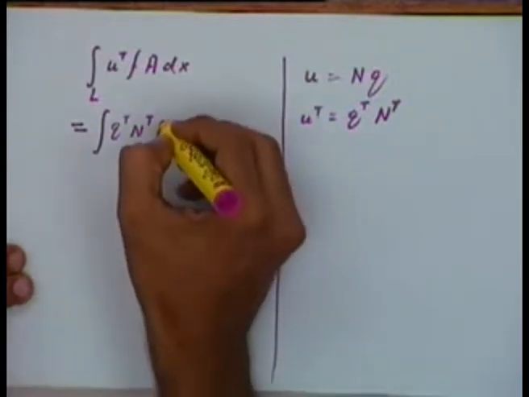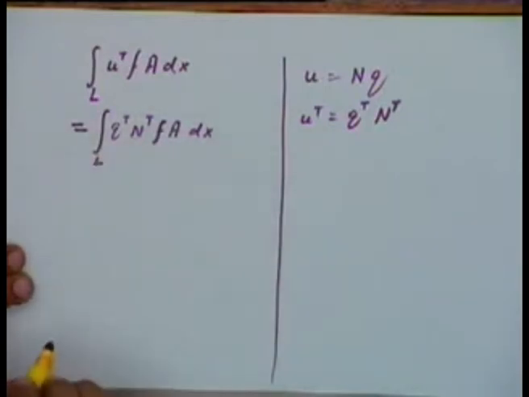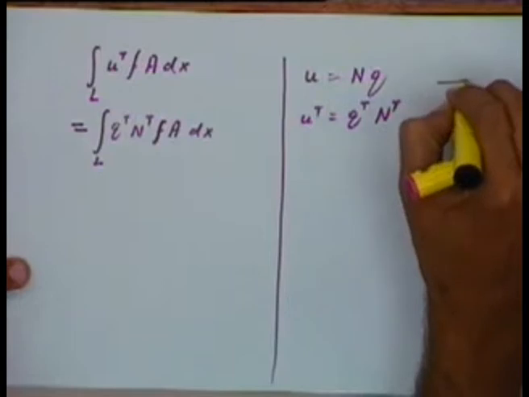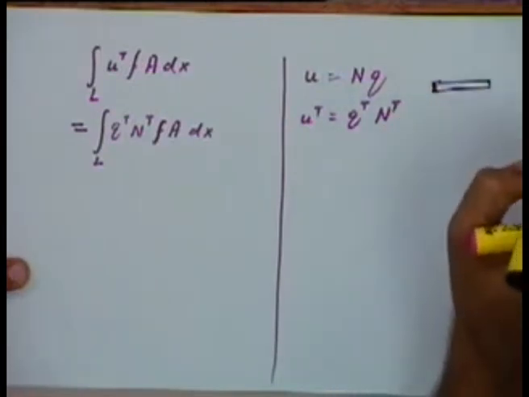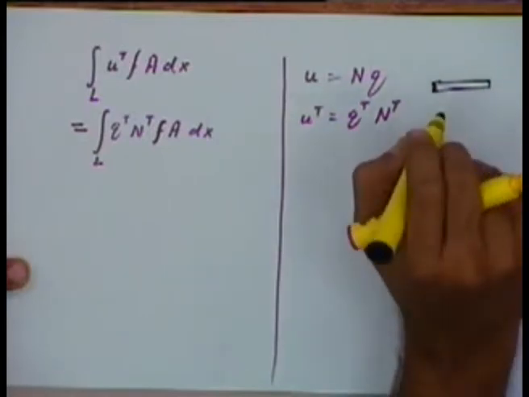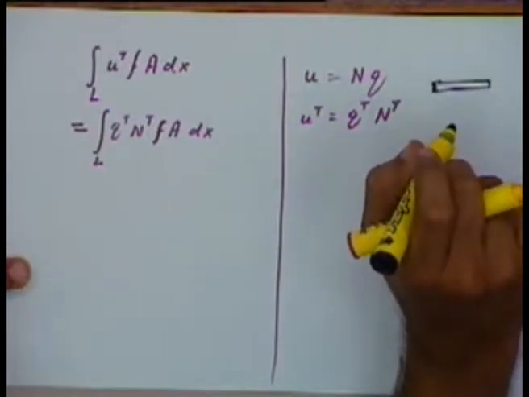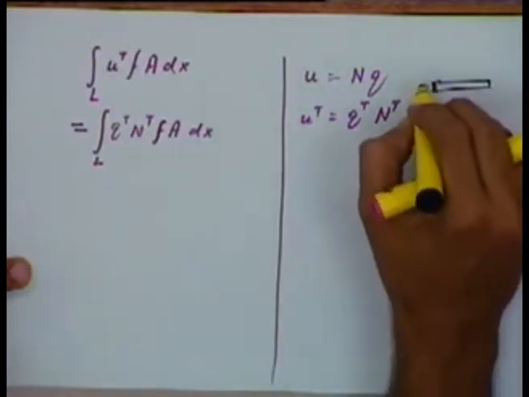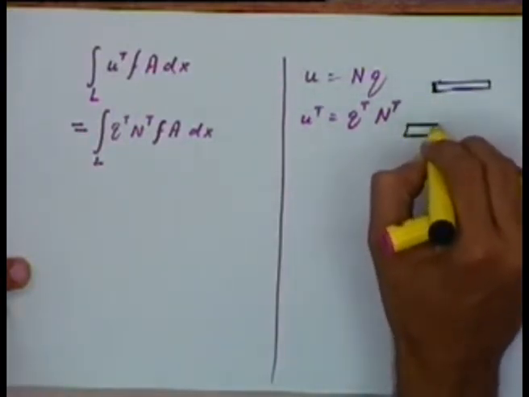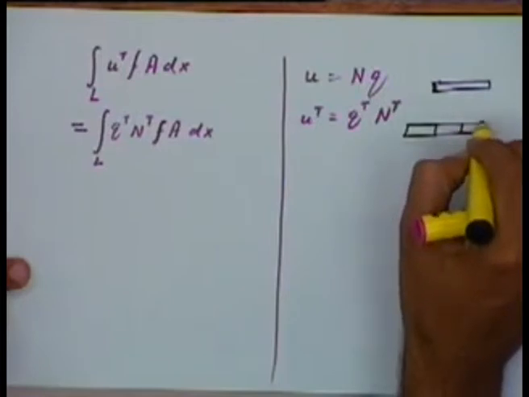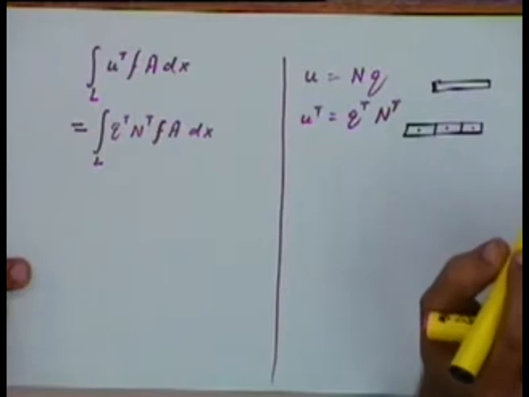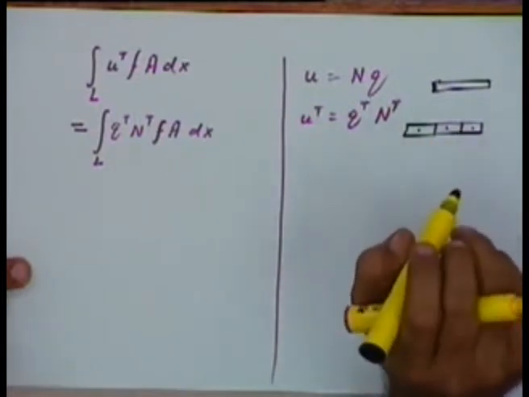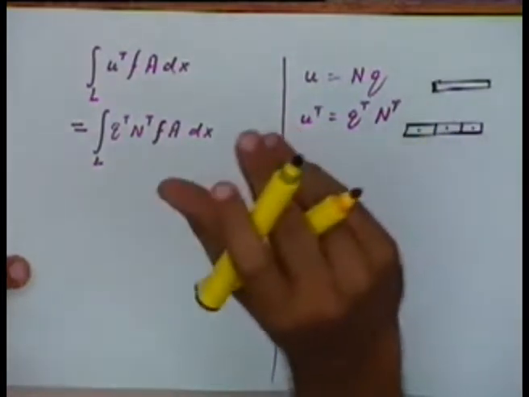Okay, now F is the body force acting in the element. We said initially, if you take an element like this, over the length of this element we will assume the body force to be constant. If you have a number of elements connected together, the body force in this will be different from that, and this will be different from that, but over the length the body force is going to be constant, because we are taking elements to be small